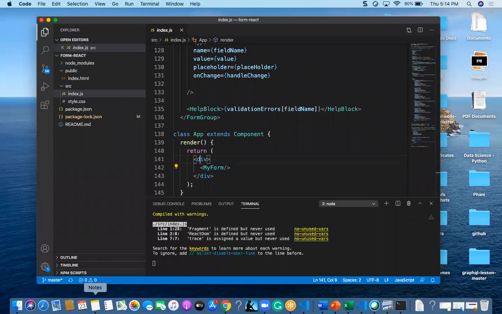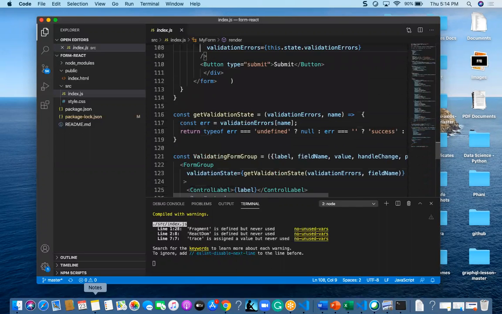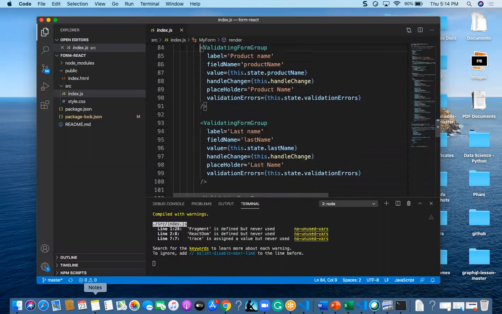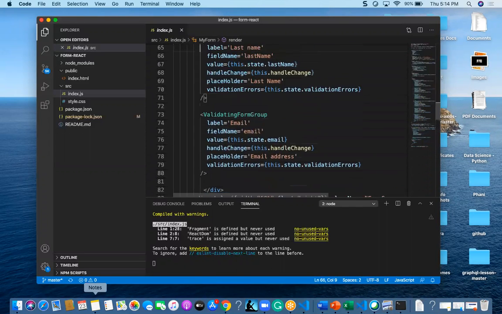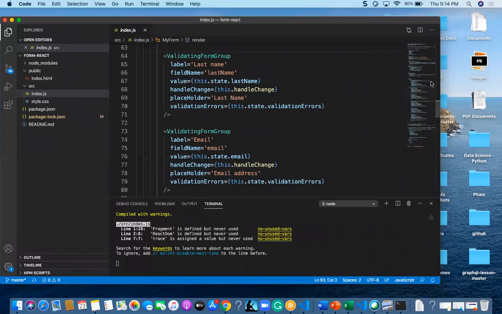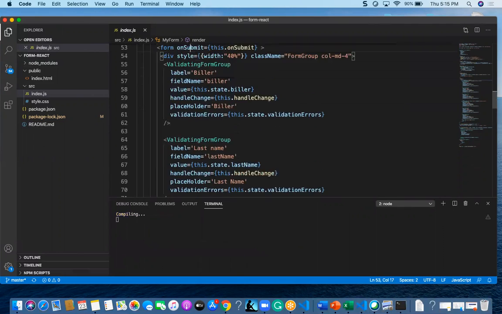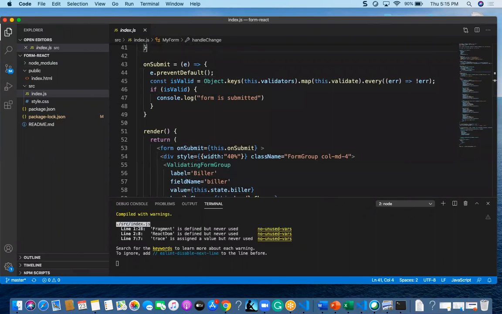My form is my component. So that component I am going to declare above. This component, whatever we are having, is my validation form.